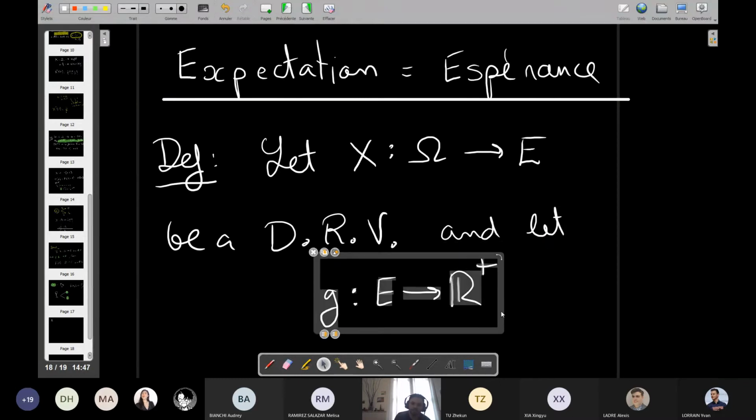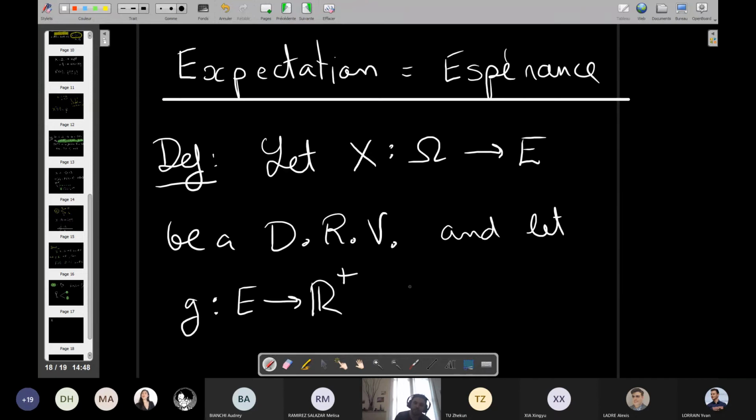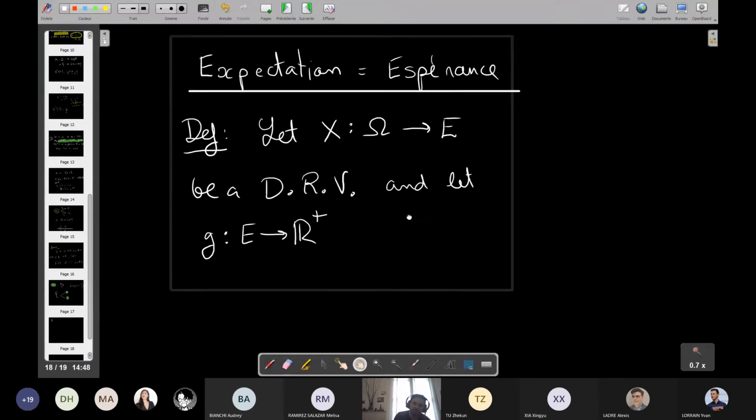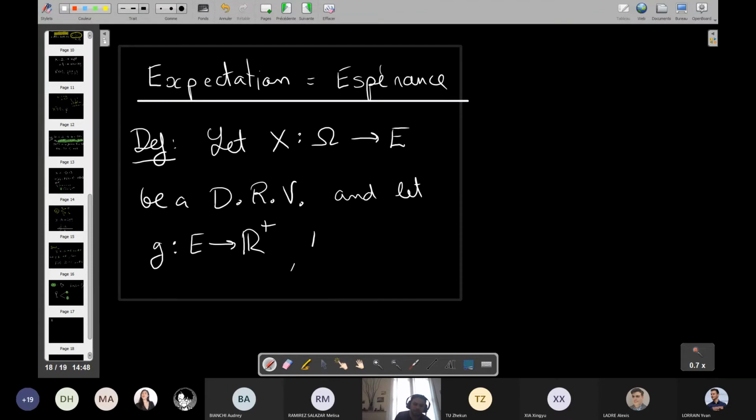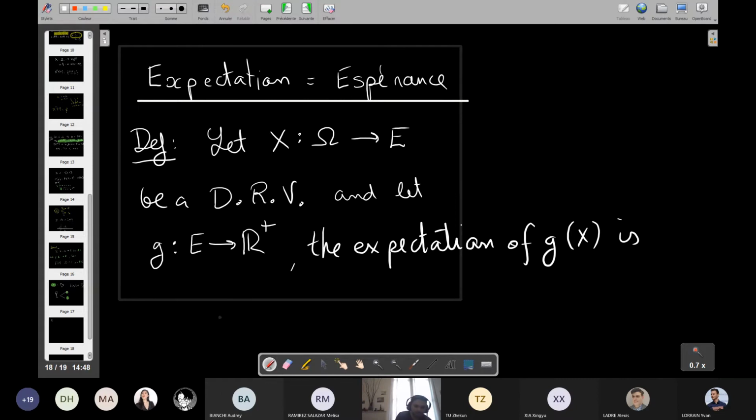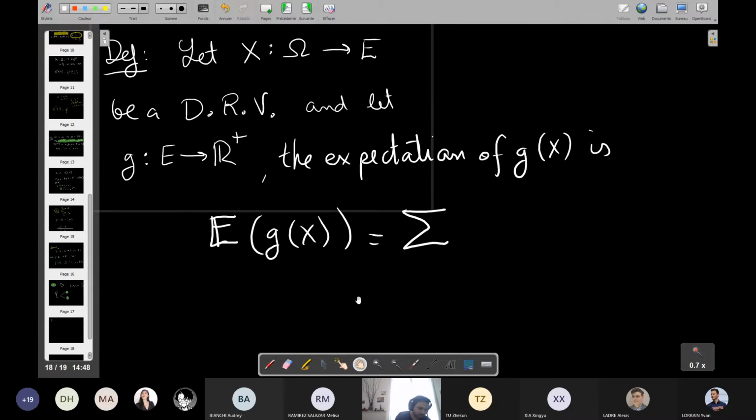Then the expected value of g of x is defined by the following. The expectation of g of x is denoted by a double E, like this. It's like the double P of probability, but here it's an E. The expectation of g of x is defined by the sum, for any value x in E,